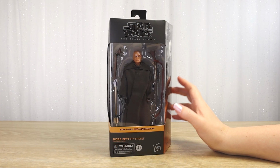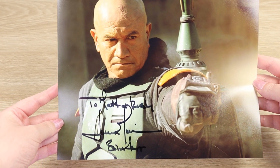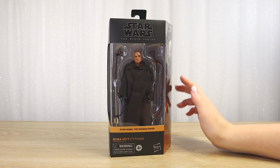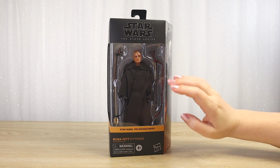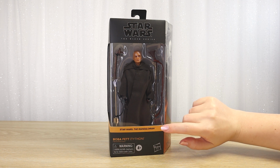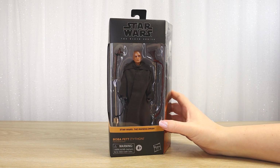This past weekend we met Boba Fett himself, Temuera Morrison, at our local Armageddon Expo convention. So to celebrate, we'll be unboxing Boba Fett collectibles this week. I thought I would kick things off with this Black Series 6-inch figure of Boba Fett as we see him on Tython in Chapter 14 of the Mandalorian series, The Tragedy, because this is the point where Boba Fett really